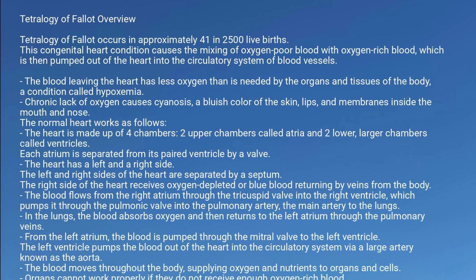Tetralogy of Fallot overview. Tetralogy of Fallot occurs in approximately 41 in 2500 live births. This congenital heart condition causes the mixing of oxygen-poor blood with oxygen-rich blood, which is then pumped out of the heart into the circulatory system of blood vessels. The blood leaving the heart has less oxygen than is needed by the organs and tissues of the body, a condition called hypoxemia. Chronic lack of oxygen causes cyanosis, a bluish color of the skin, lips, and membranes inside the